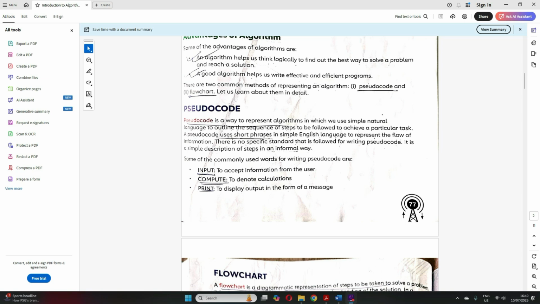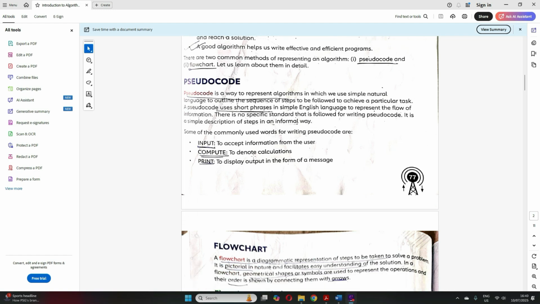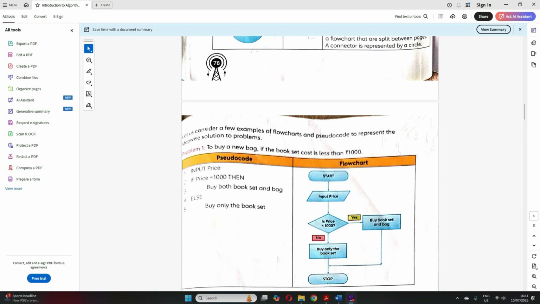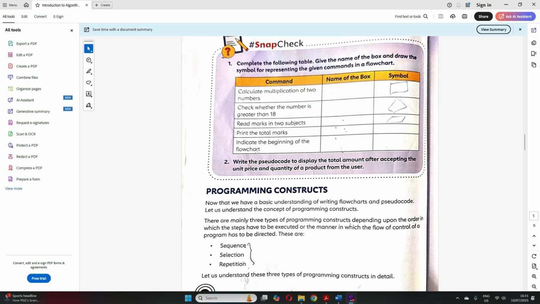Okay students, so we have understood pseudocode. So let's try to write a simple pseudocode for an example. In your book you have a question given here. Write the pseudocode to display the total amount after accepting the unit price and quantity of a product from the user.